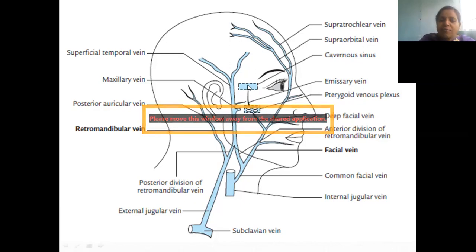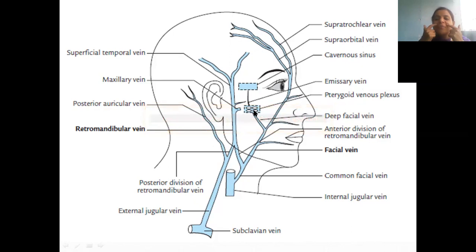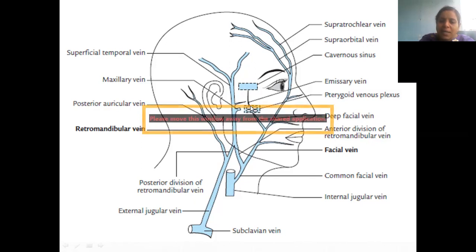It's a part of dural venous sinus which we see inside the brain. Okay. So there is a connection between a network of veins which we have here, that is pterygoid plexus of veins, with the vein of brain, that is cavernous sinus, via emissary vein. So here we have this deep facial vein which is actually draining into the facial vein. Okay, so that means cavernous sinus, emissary vein, pterygoid plexus of veins, deep facial vein, that is also draining into